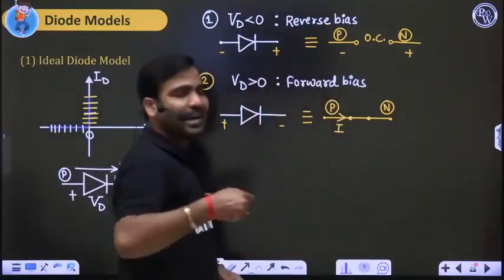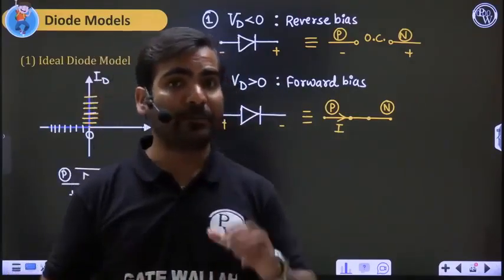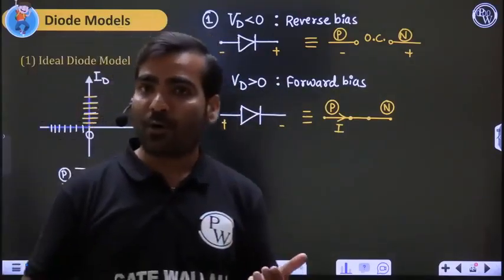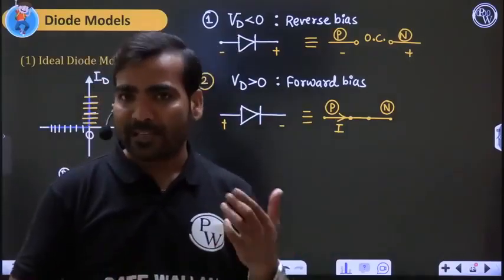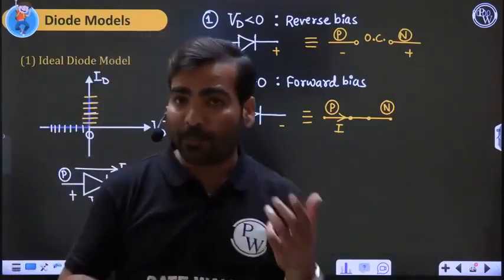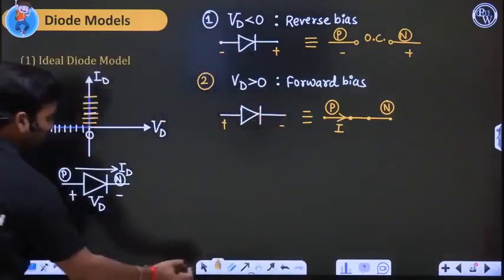So some concept we are developing. In a forward bias diode, or on diode, the direction of current is from P to N. In a reverse bias diode, the direction of current is N to P. However, in reverse bias the current is zero, that's why the diode is an open circuit. In forward bias the diode is a short circuit. A diode is ideal. So this is the case of the ideal diode.